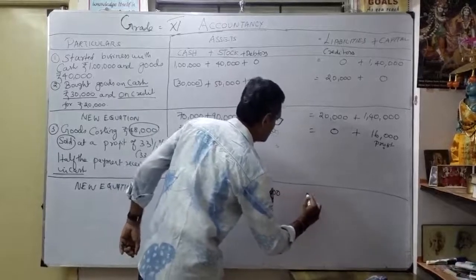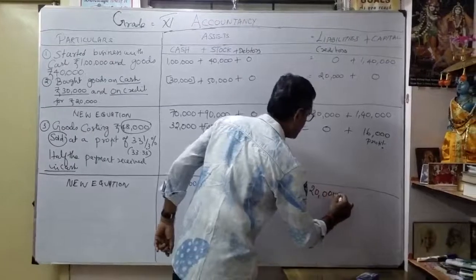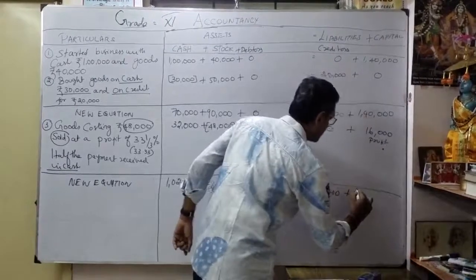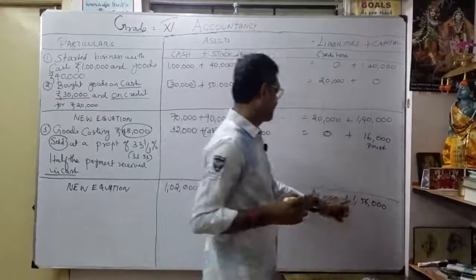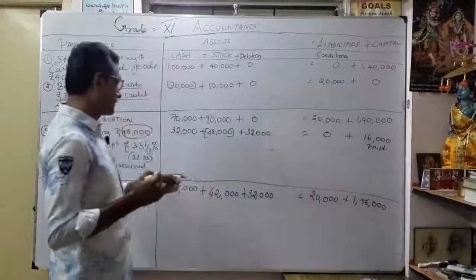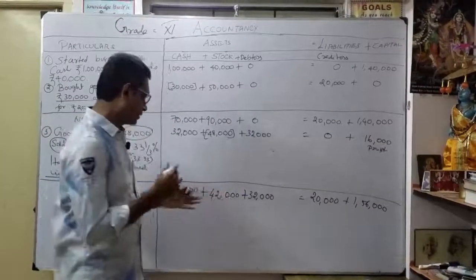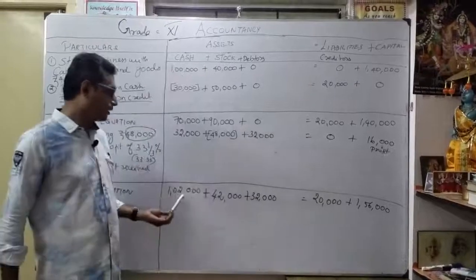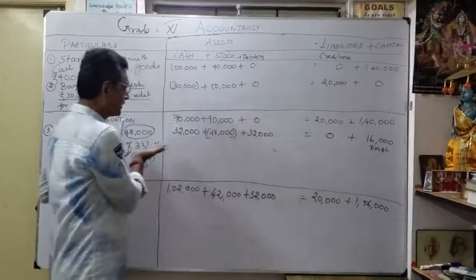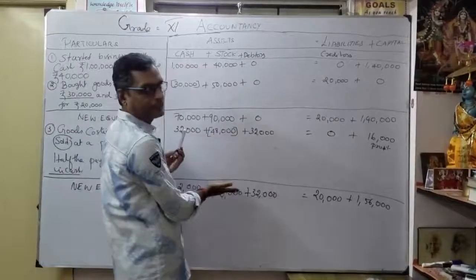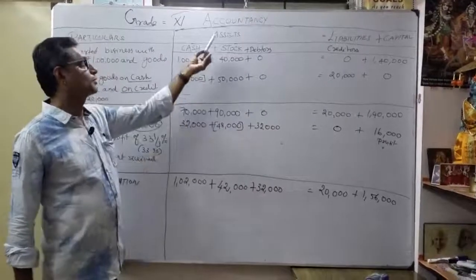My debtors become now 32,000. Is equal to, what is my creditors? Still 20,000. Okay, so what is my capital now? It becomes 1,56,000. See, we total it: 150 plus 176. When you add all, you get 176,000. 4 plus 3. So if we add both sides, here also you will get 1,76,000. That's why, in each and every transaction, you want to verify simultaneously whether my sum is correct or not.